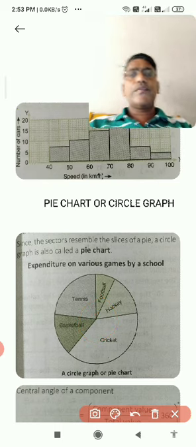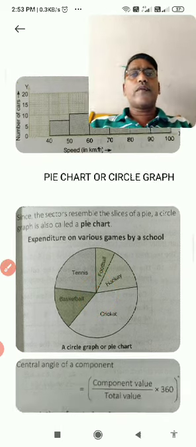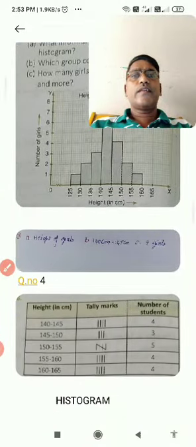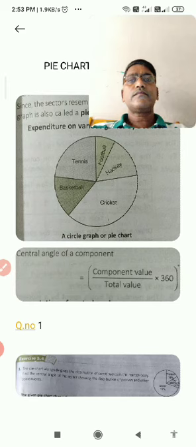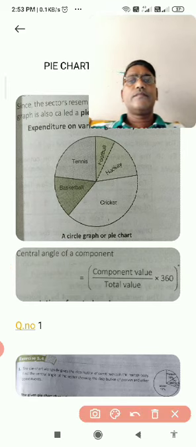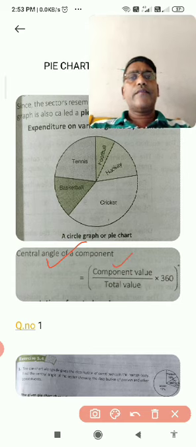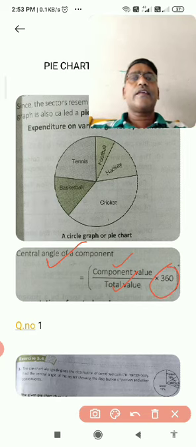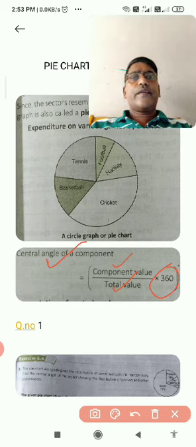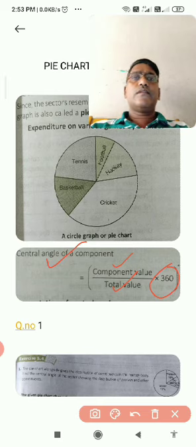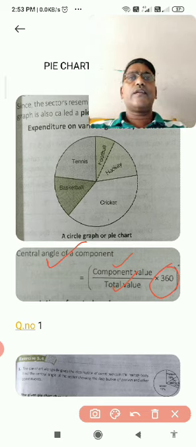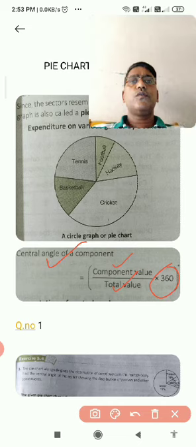So for that I am going to give a formula here. The formula is there to find the central angle. This is the formula of central angle. The component values will be given. By adding them we get the total value. By multiplying by 360 we get the central angle directly. After getting the central angle, we make the table, find all the central angles, and construct a circle with 2 centimeter radius. The radius is not fixed; you can take 2 centimeter or 3 centimeter. 2 centimeter is enough. I will show one example also on how to construct that.